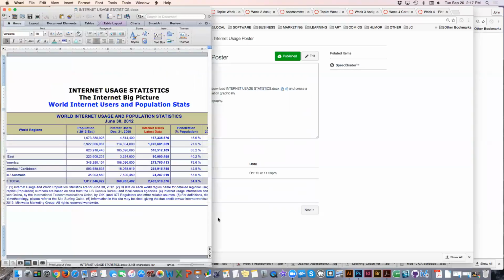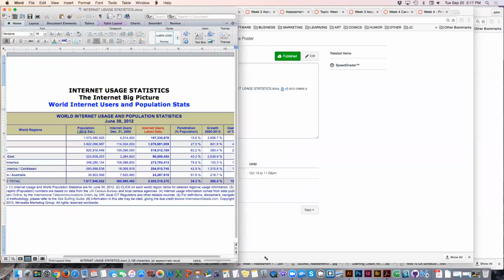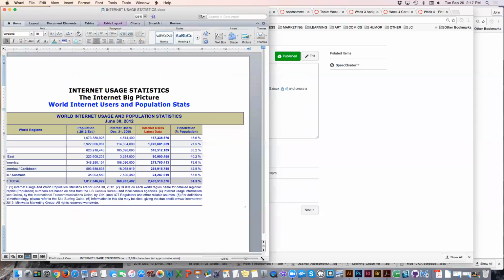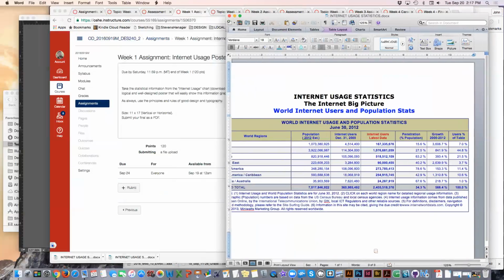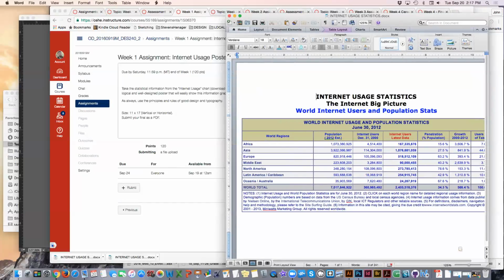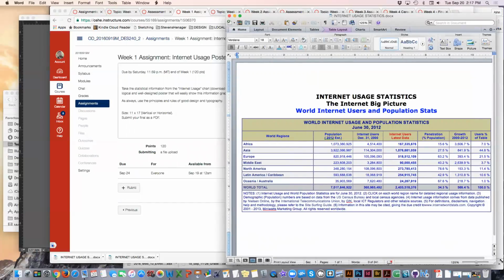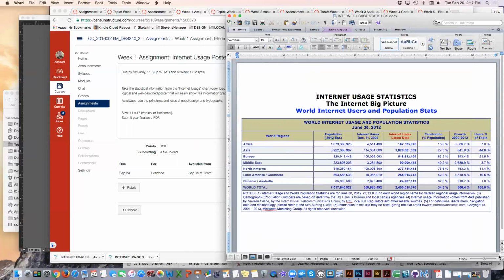Just a Word doc, so it'll open here. So this is the information that we're given. And what we want to do is present this in a little bit more of an interesting way, figure out ways that we can capture an audience's attention with this kind of boring graphical data, and